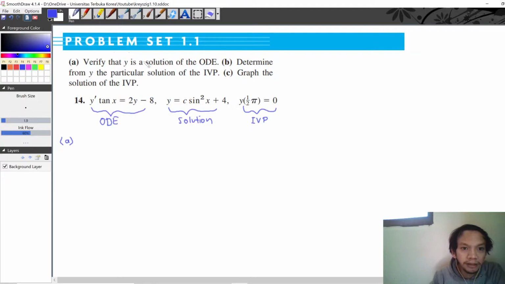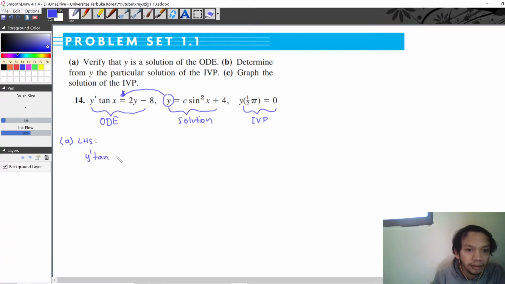Verify that y is a solution, meaning that we plug this y into one of the sides of this ODE equation. So if we plug into the left hand side, we should get the right hand side. If we plug into the right hand side, we should get the left hand side. But I will start from the left hand side because it seems easier to make the left hand side into the right hand side than the inverse. Okay, the left hand side, I will have y prime